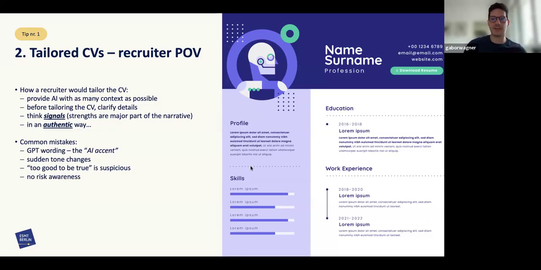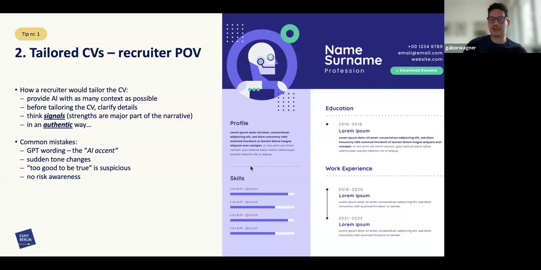So the previous experience they have is very nice, but it's not necessarily relevant for the new role they are trying to apply for. So signals become very important, and your strengths, your professional persona that you defined on the previous slide, is also quite important, and it's a major part of the narrative you try to sell to the employer.